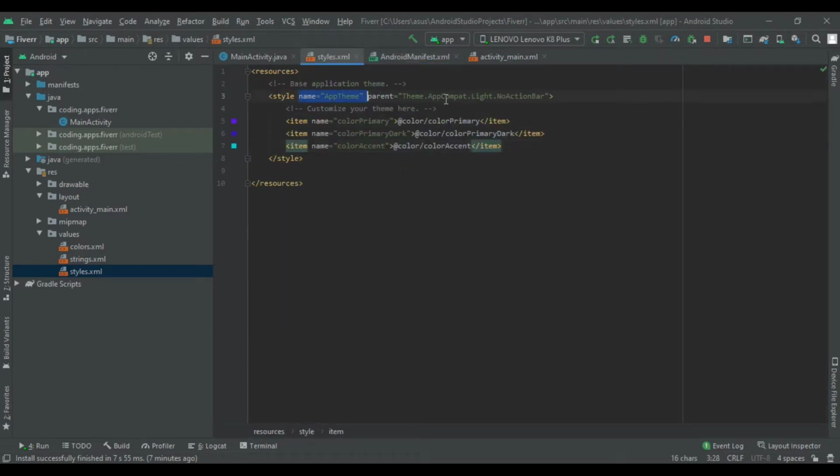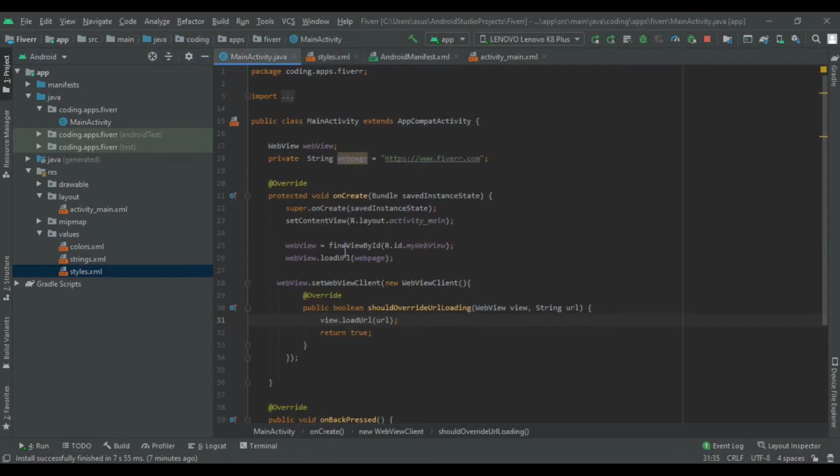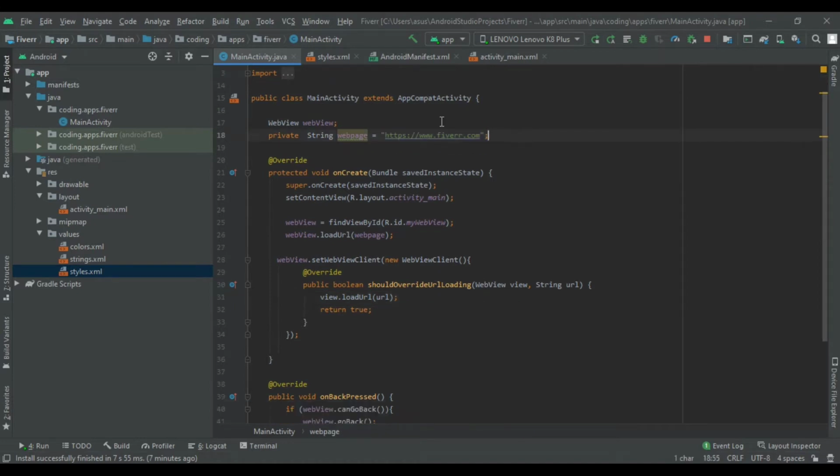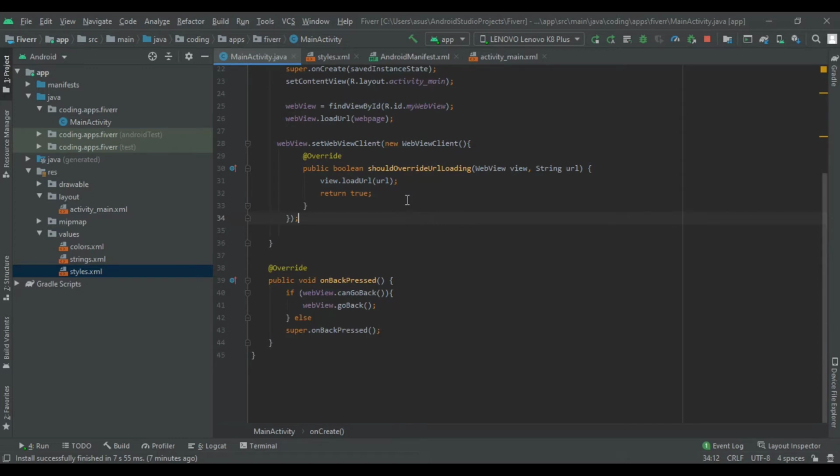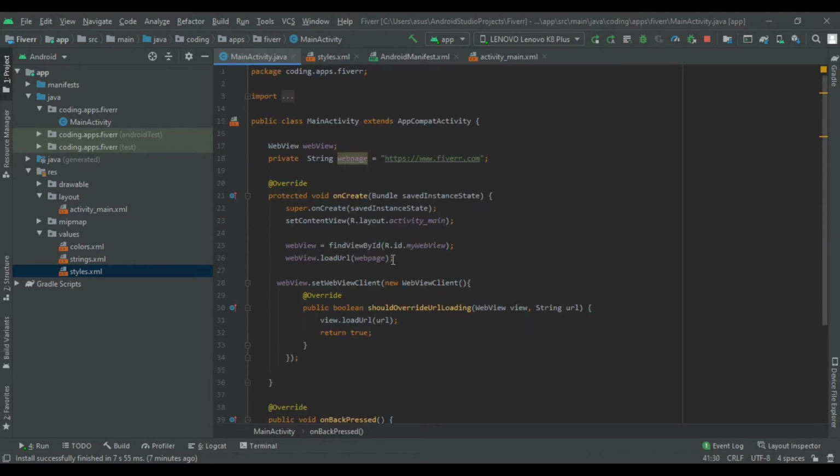Then we had added the web view and the string of our website as an object. We had cast it and loaded our URL, and then we had set the web view client to load our URL in this app only instead of moving forward to Chrome. After that we had added web view can go back, and simply written go back, so that our app will not crash.